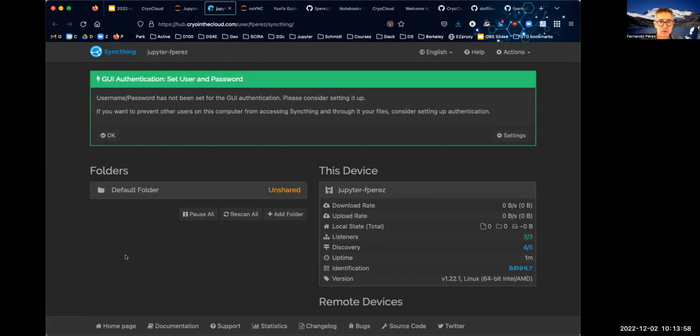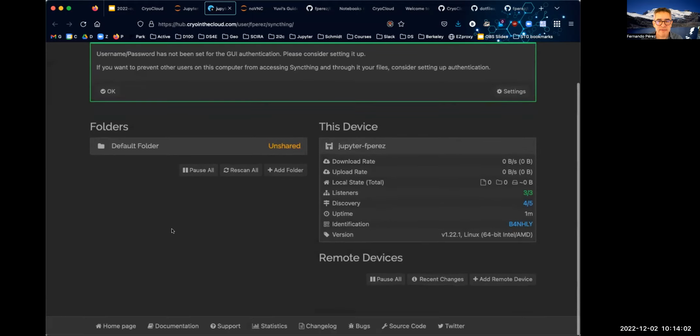And so the way you use SyncThing, and I don't have time for a full tutorial, is you basically in here, you define which folders. It has a default one that starts on shared, but you can add new folders. You can say which one do you want to share. And then in any devices, this is in particular the hub, but I have